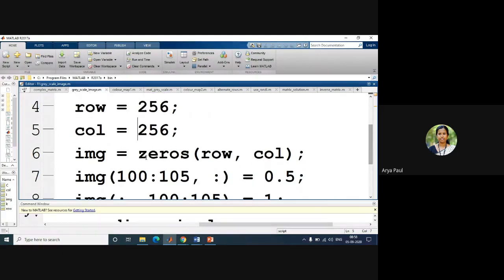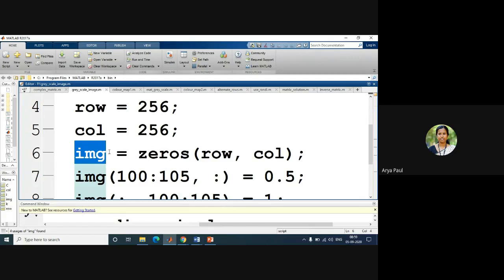Okay, I am going to create a zero matrix. So what function can I use to create a zero matrix? zeros. What is zeros? It's an inbuilt function used for creating a set of zeros. zeros of row, comma, column. What does that mean? It creates a matrix of 256 rows and 256 columns having the elements as zeros. So that is assigned to img. So img will be a matrix whose elements are all zeros.